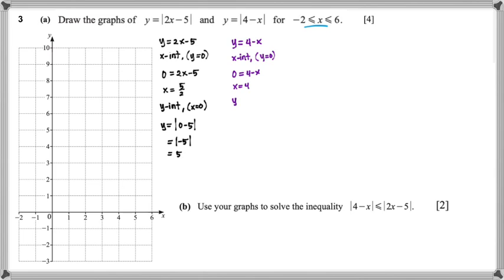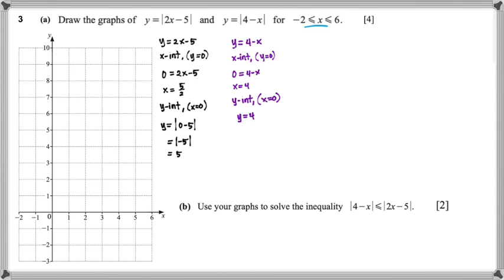And for the y-intercept, we let x is equal to 0. So we get y is equal to 4, because 4 minus 0 is 4. Now, plotting these points on the graph, we have the first line, which is